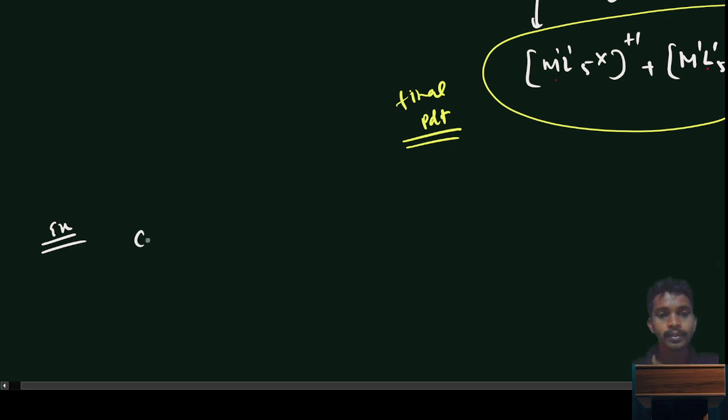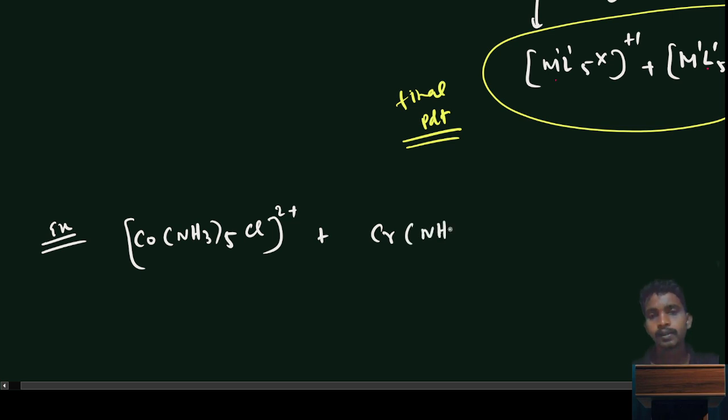let's say we have Co(NH3)5Cl 2+, and another is Cr(NH3)6 2+. Okay,